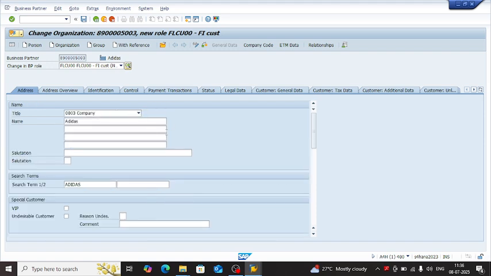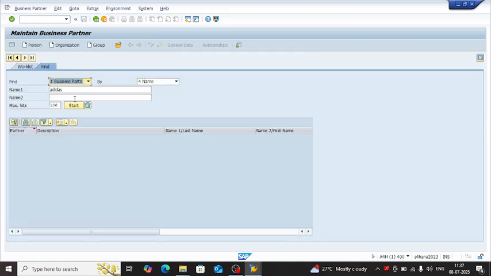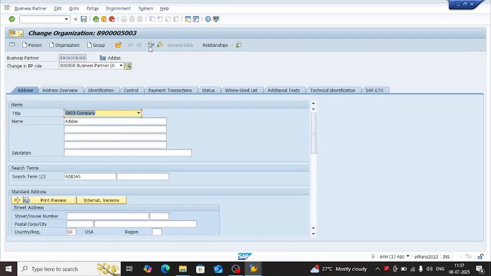And then let's now see. Okay. This is the business partner number that is generated with the normal BP role, and now we are extending that business partner to a FI customer, right? And now, sorry, we wanted to go to FI vendor, not the customer. So let's go back again, search for business partner, open it, and then edit it,